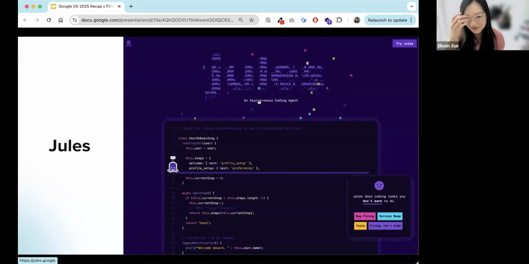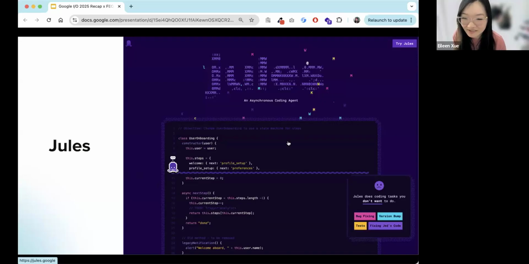Jules, okay, this one is something that I found very interesting. It's an asynchronous coding agent. So this tool is made for you to eliminate doing grunt work, for example, fixing bugs. Maybe there's a lot of code in your platform or the projects you're working on, things that are not fun, like to-dos everywhere that you're going to fix later. Small things that don't break the application, but you should improve them, though it's not a big deal if you don't.